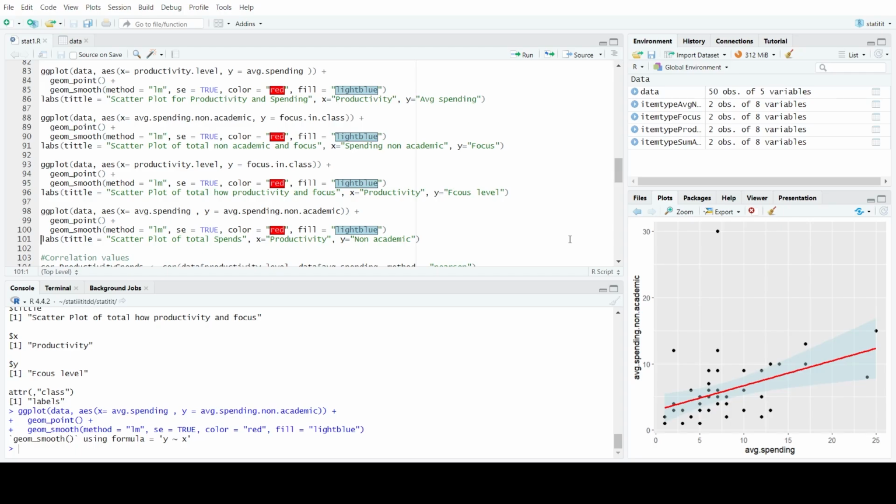Oh, this one again. I think there's maybe a very weak relationship between their average spending and their average spending on non-academic. The more they spend on their phone, the more it has a bit to do with their spending on non-academic, because when we are using our phone, we're using it mainly, I think, for non-academic things. Okay, so the next one is